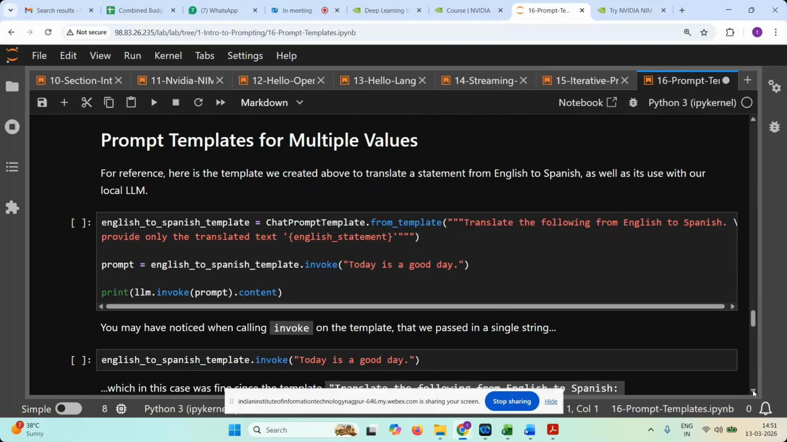Next one, we will have a look at prompt template for multiple values. So far we had seen that template with single input, but it is not the case. We can have multiple values as input to the template. See,